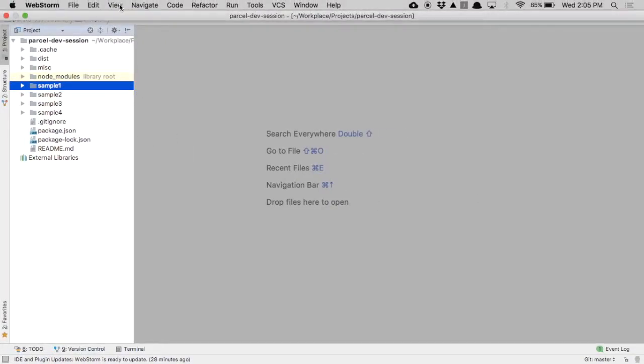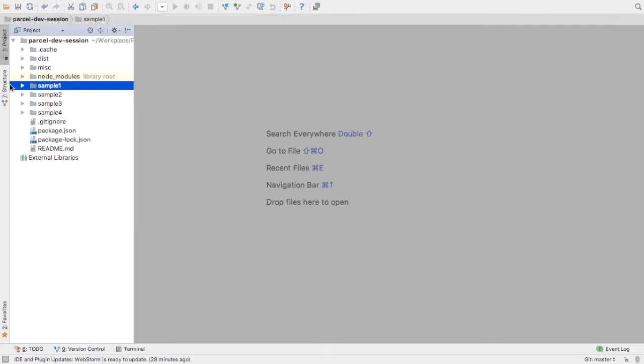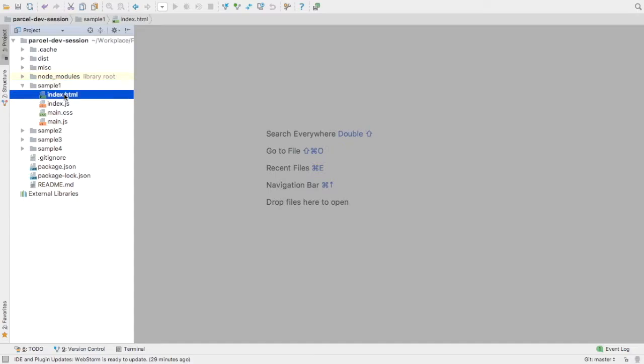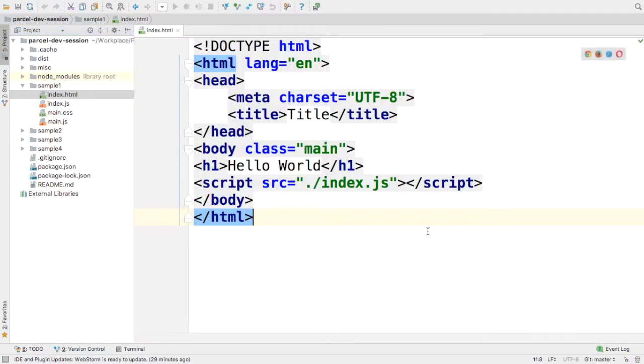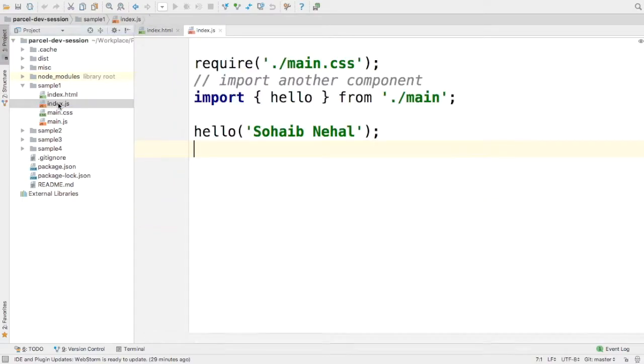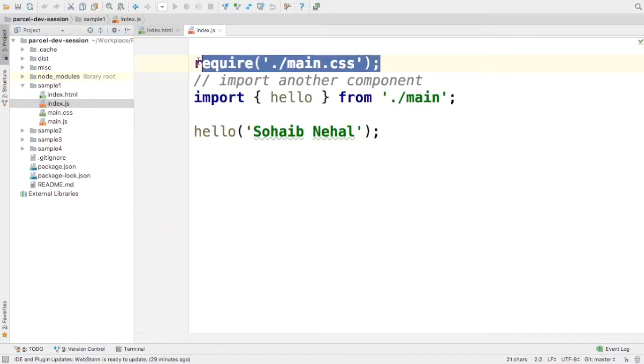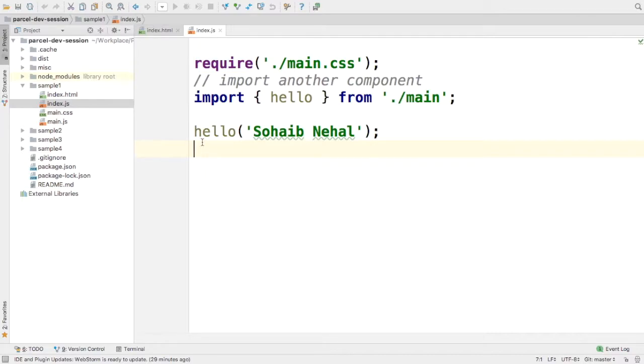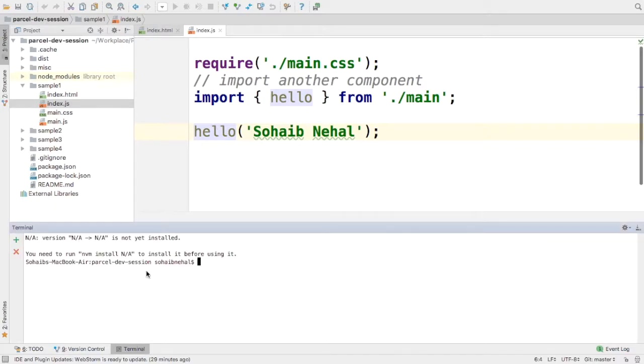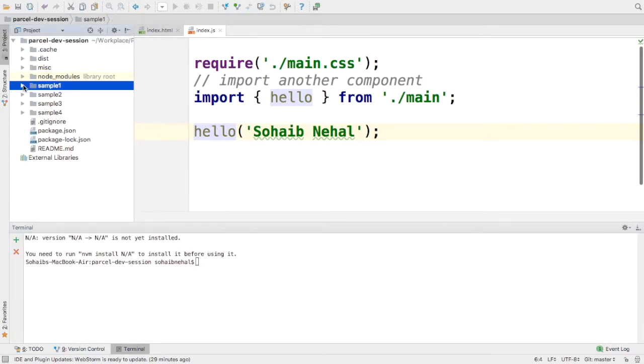So what we can do is, I have a sample here in which I've configured like 3-4 basic samples. So let's take it from here. So we have an index.html file with a script of index.js, which is importing the CSS file, importing another module, and calling the function from that module. To bundle this simple website, what you need to do is